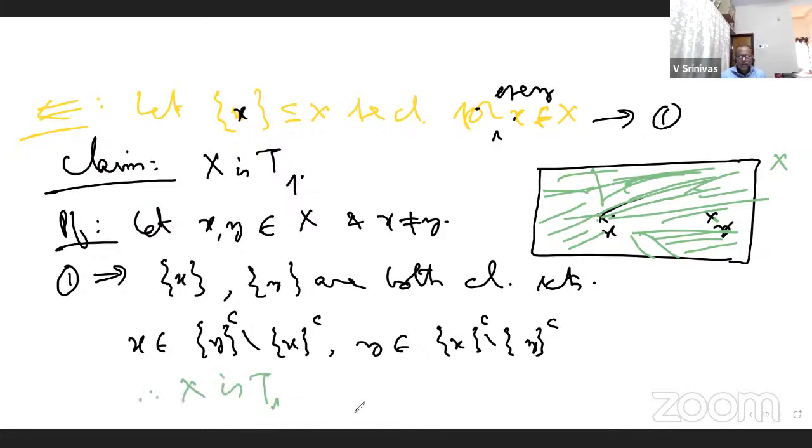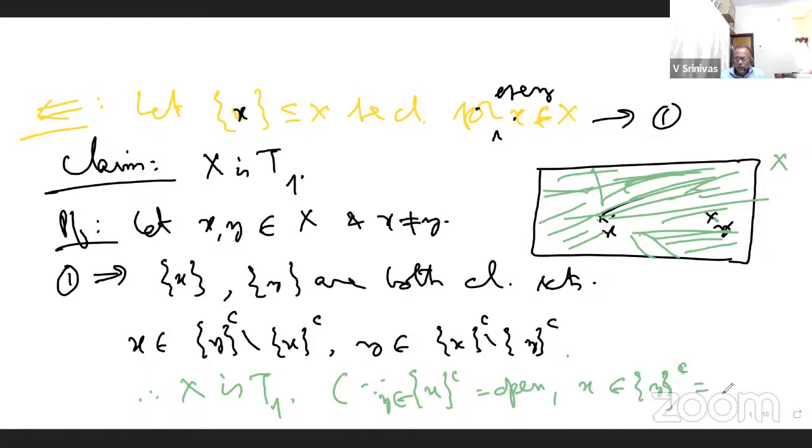You can as well write: since Y belongs to singleton X complement, this is open, and X belongs to singleton Y complement, which is open. So this is open and this is open. That is why our space capital X becomes T1. So we started with the assumption that singletons are closed in capital X, and we have shown that capital X is